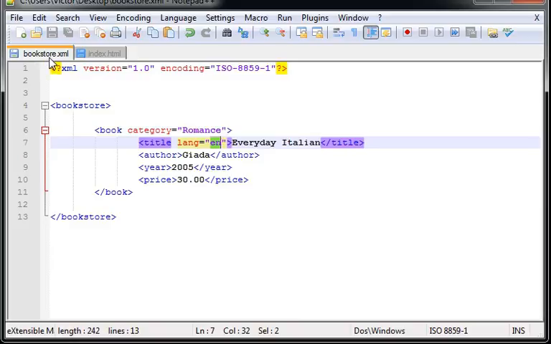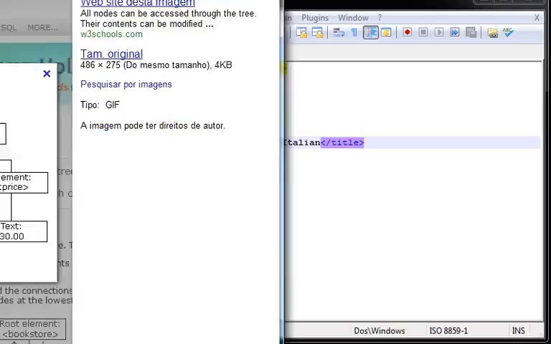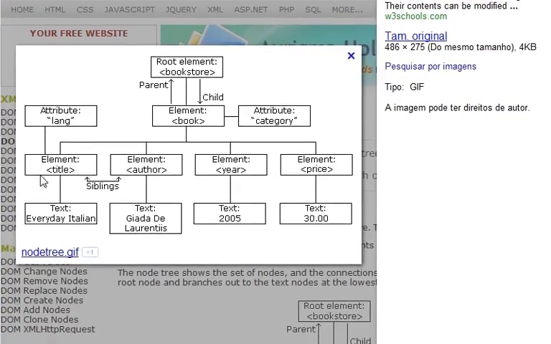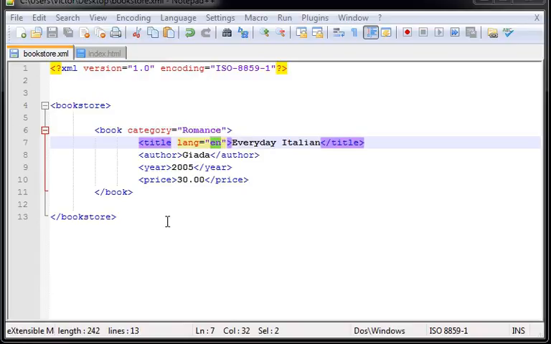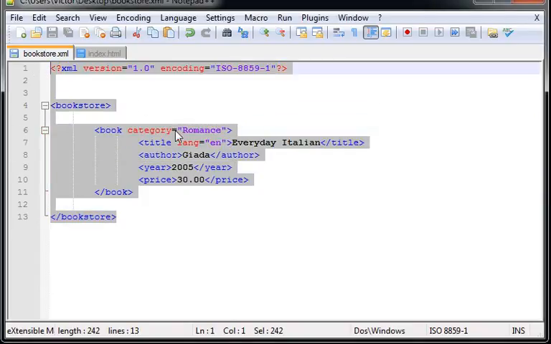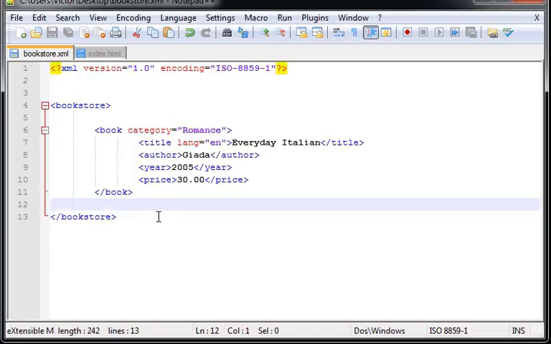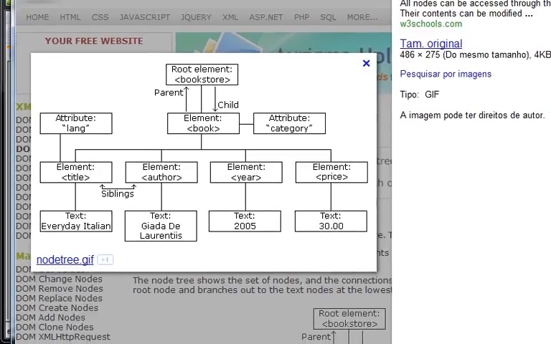You can save this as bookstore.xml. This is how I saved it. And if you see the map here, everything that is in this DOM node tree is now presented as a normal XML file in here. This is what we know and how to do, and this is how it's presented as a DOM node tree. Now I'm going to show you how to access every single element in a DOM node tree